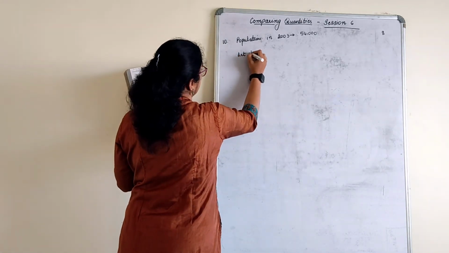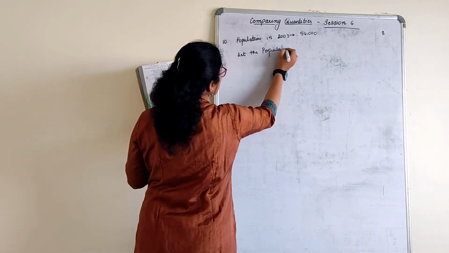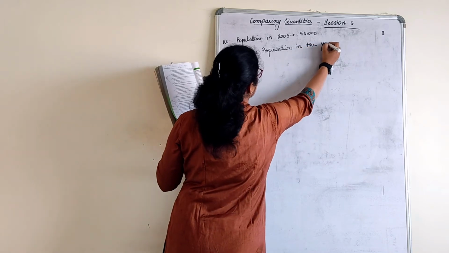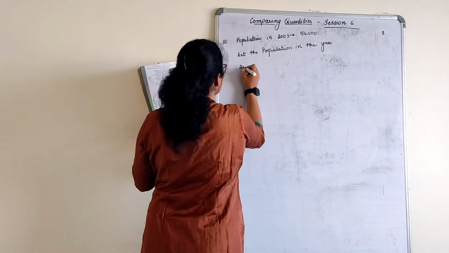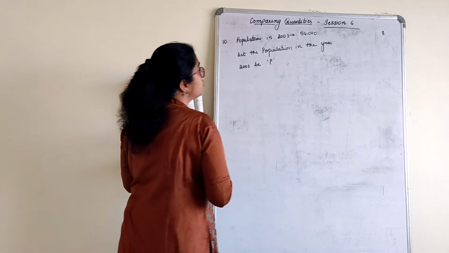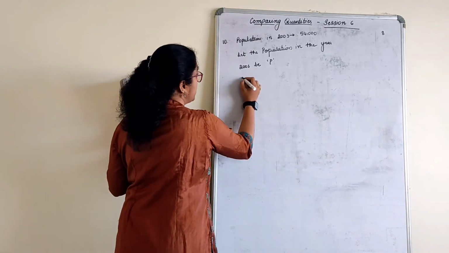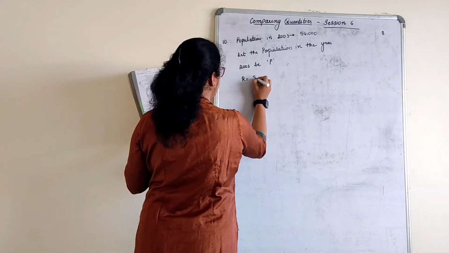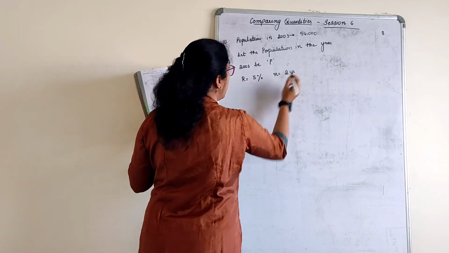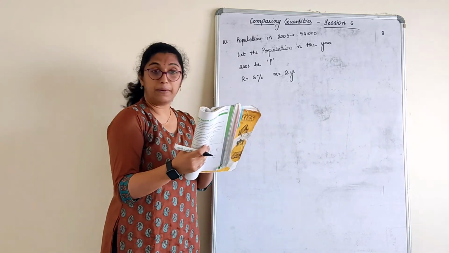Let the population in the year 2001 be P. So that is what we have to calculate now. That means the increase in population, it is increasing at what rate? 5% per annum, for how many years? After 2 years. Because see here, the 2001 population we have to find. Find the population in 2001.